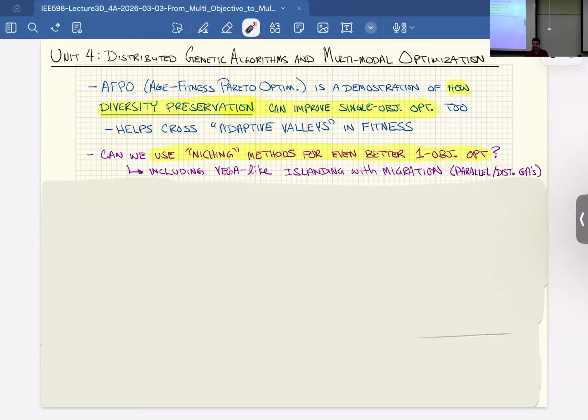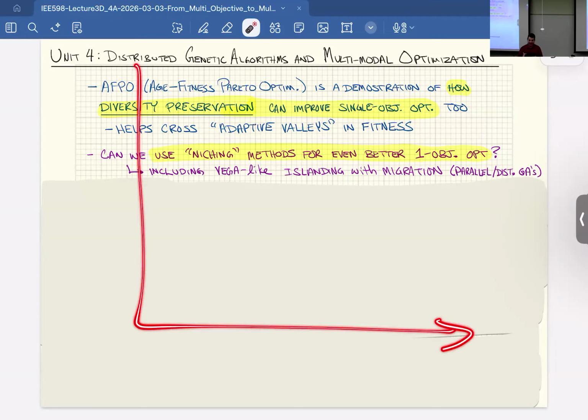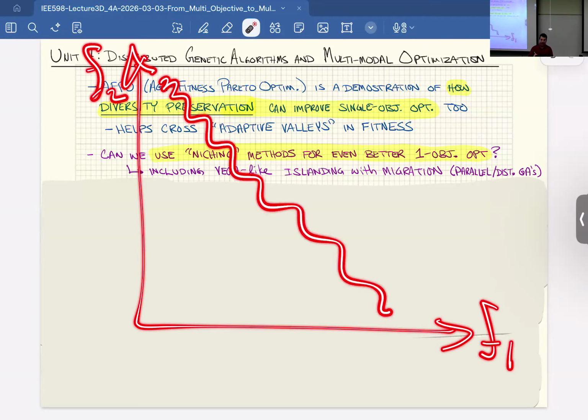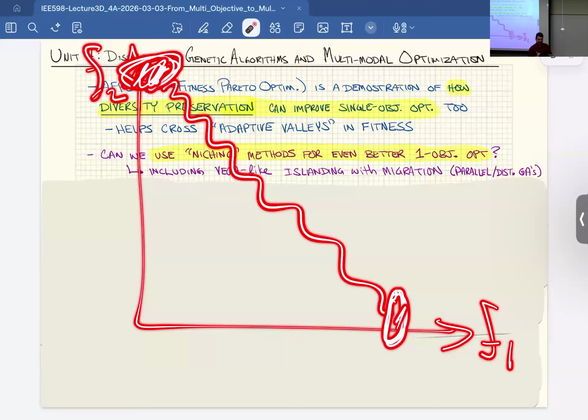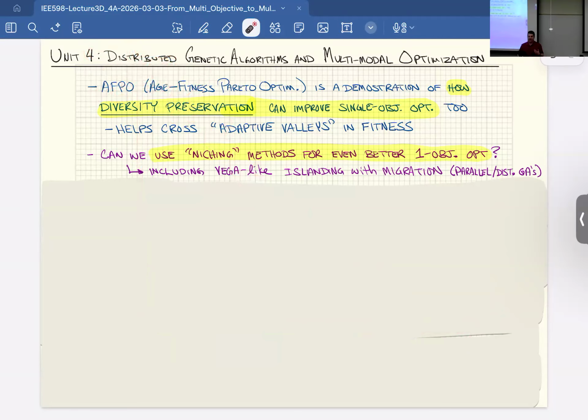And these set-based solutions, they are like doing lots of single objective optimization at one time. Like the corners of the Pareto frontier. Like if I have a criteria space that has F1 here and F2 here, and I find successfully the Pareto frontier, I have managed to optimize or find a good candidate for the single objective F2 and the single objective F1. I got this flipped, the single objective F2 here and the single objective F1. And I've also done other work as well. So this suggests that maybe we can take what we've learned about multi-objective diversity preservation and somehow improve the things we can do with a single objective.